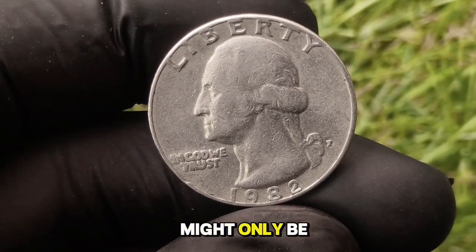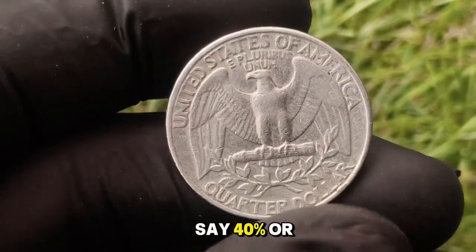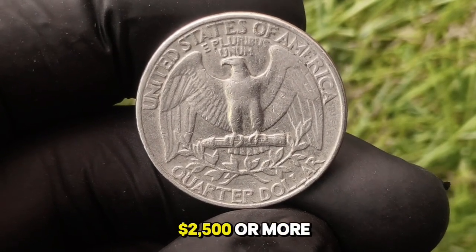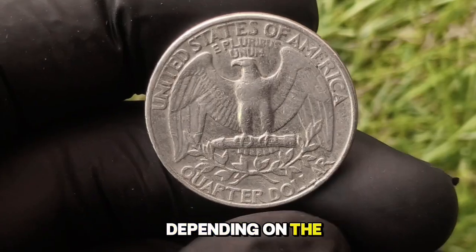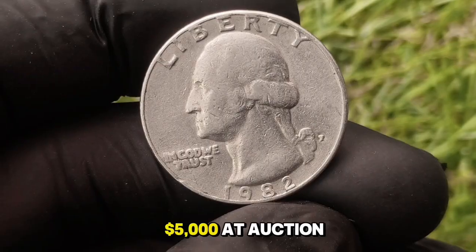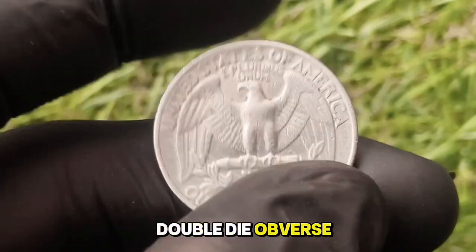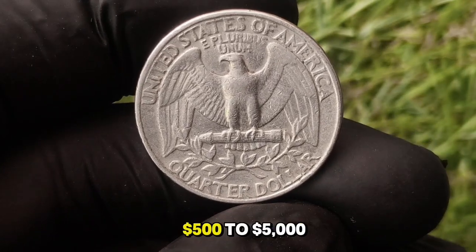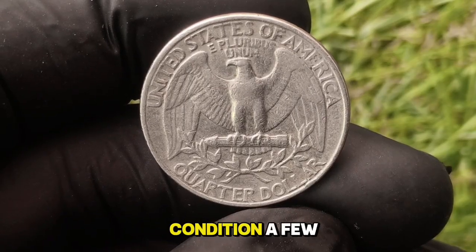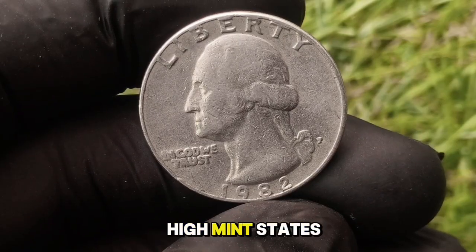A slightly off-center strike might only be worth a small premium. But if it's significantly off-center, say 40% or more, and still shows the date and mint mark, collectors will pay $1,000 to $2,500 or more, depending on the grade and visual appeal. Some dramatic examples in mint state condition have fetched over $5,000 at auction. Another highly valuable variety is the 1982 double die obverse. These coins can sell anywhere from $500 to $5,000, depending on the strength of the doubling and the coin's condition. A few extremely bold examples have sold for $8,000 or more when certified in high mint states by grading companies